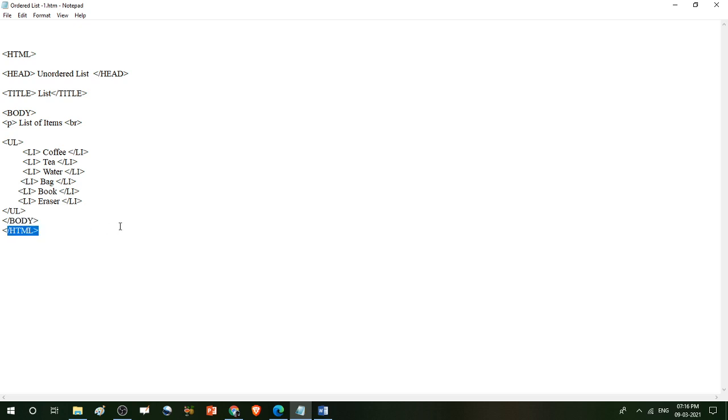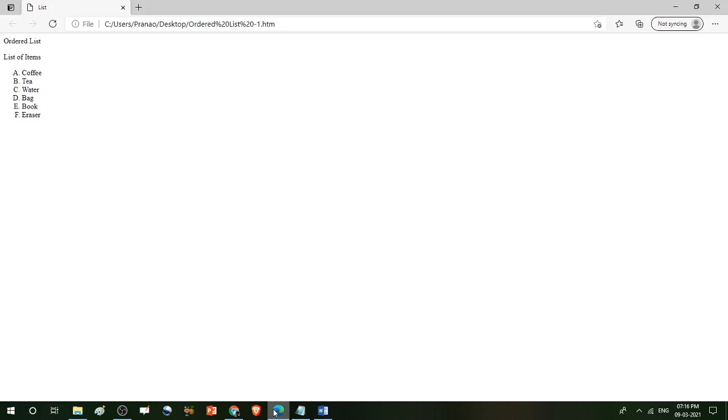Clear? Then Control S. If you first time save your file, then save as dialog box will appear. Type the name of the file with extension .htm or .html. Then open your file where you saved that file, but this file is already saved, so I just refresh it. So you can see here this is an unordered list and list items. They appear with the bullets, and this bullet name is a disk. This is a disk. Clear?